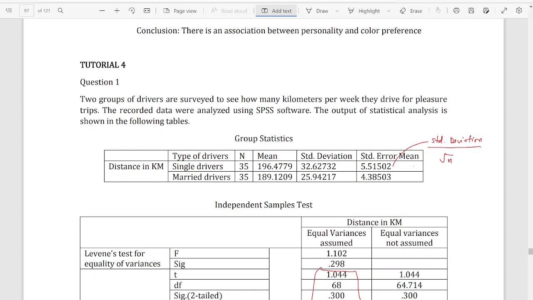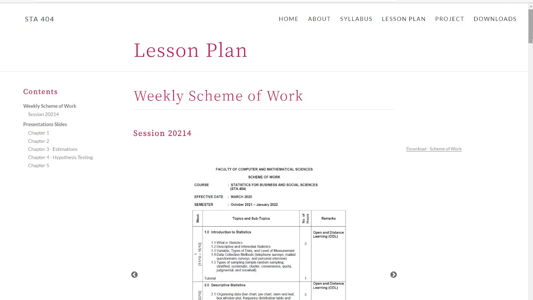Okay, tapi kalau katakan kat sini, this is the output. Okay, assuming that the data come from a normal distribution, you can see that the values for the sample size are both greater than what? Greater than 30, right? So if you have the sample size greater than 30 with unknown variances, okay, with unknown variances, so that means you have to use the, kalau dekat sini, diperhatikan dekat sini,